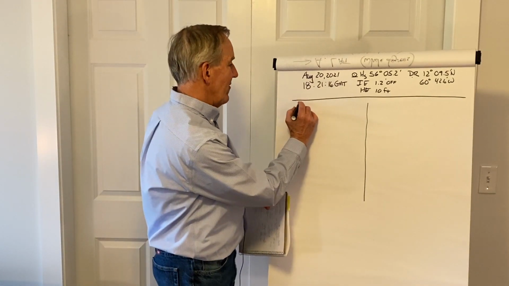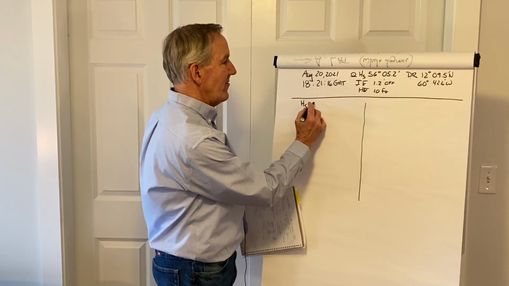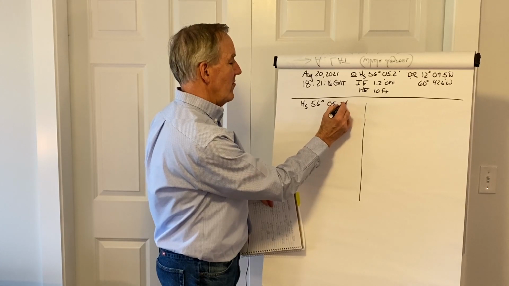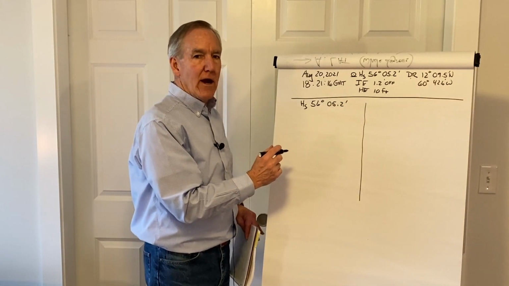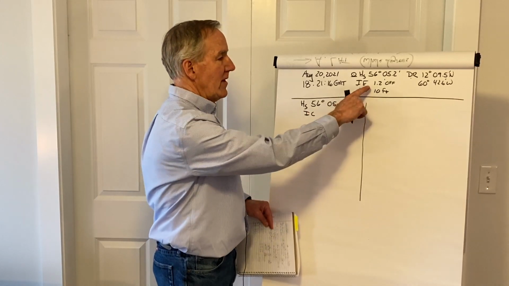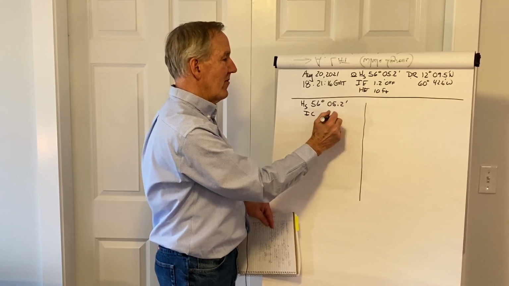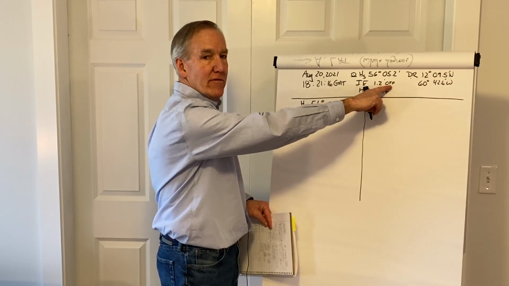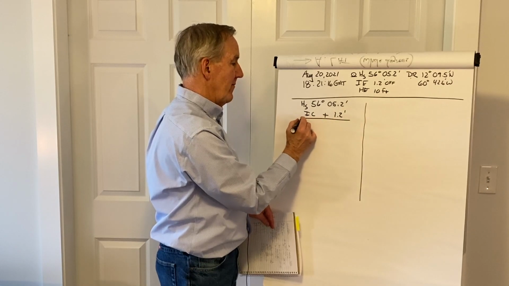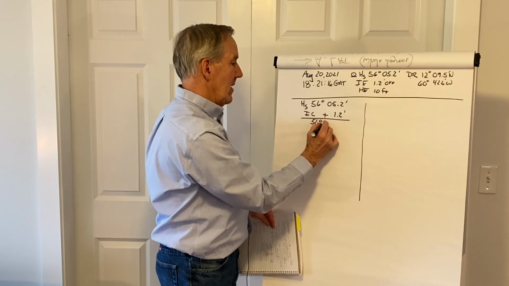So we'll start off with our sextant altitude, HS, of 56 degrees 05.2 minutes, and we'll apply our index correction. Index correction is nothing more than the index error with the sign reversed. The error is negative, it's off the arc, so we're going to put the error back on. And next,